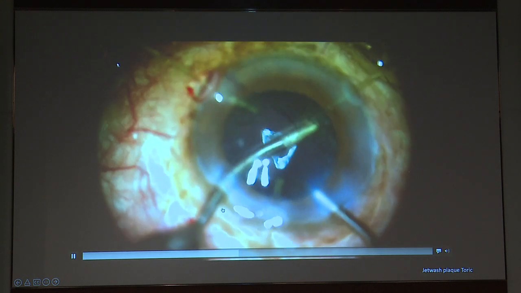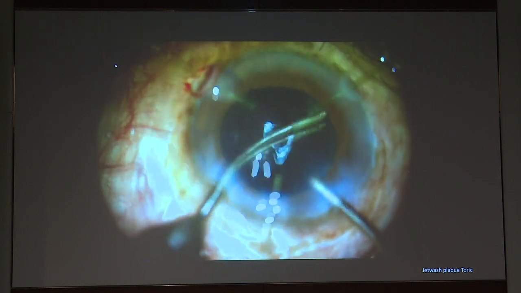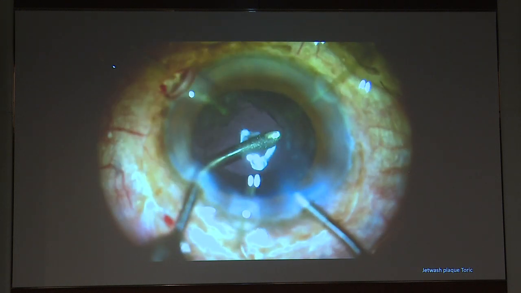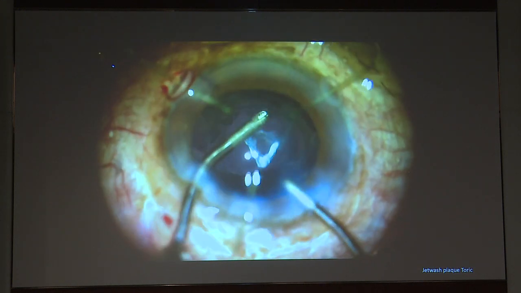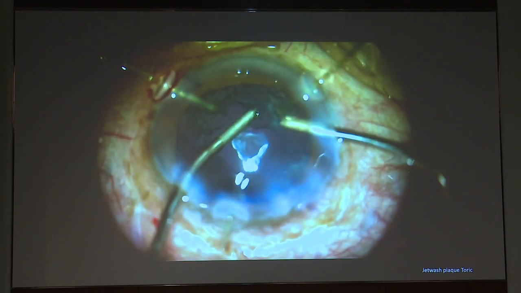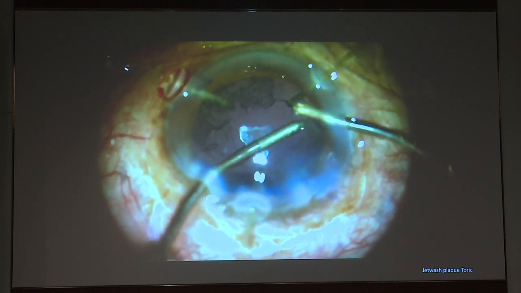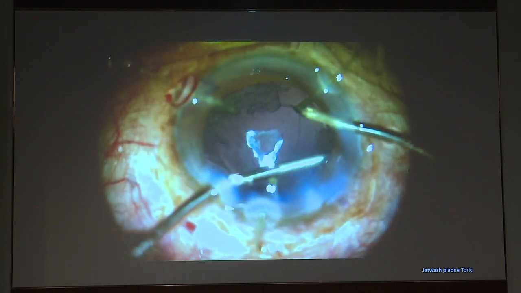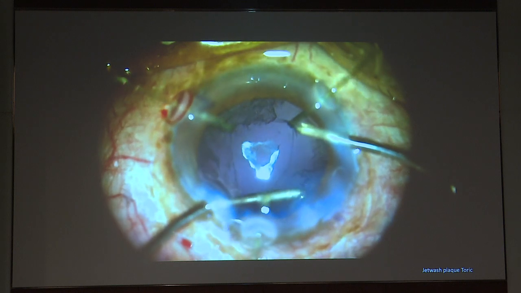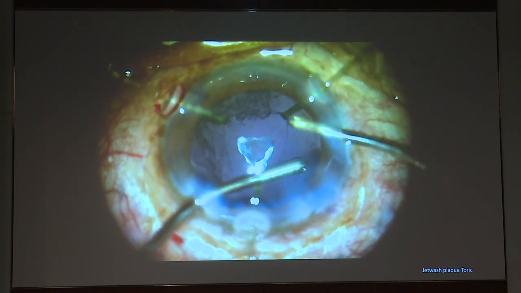And now I'm doing the same thing in all the 360-degree areas of the equator of the bag, loosening up everything, because then it'll make it very easy for me to aspirate. Now just watch how I aspirate. I was struggling to clear that up initially, and now everything is so nicely loosened up. I call this the jet polish or the jet wash,